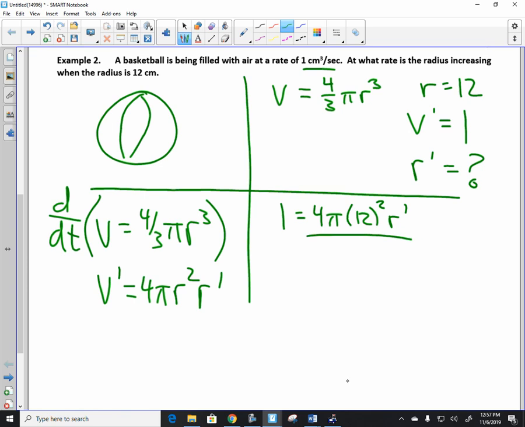You are 99% of the time going to be working in radians, okay? Doesn't matter in this problem, but